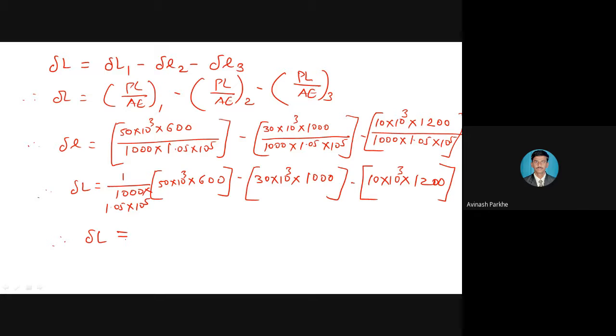Here calculation part is very important. Try to convert all the parameters in mm, all the forces in Newton. So in the figure, we have calculated the forces 50, 30, 10. It is in kilonewton. But by using that particular P1, P2, P3, please multiply by 10 raised to 3. Then and then your final answer will be correct. Otherwise, you will get the wrong answer.